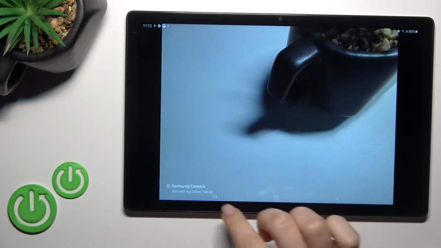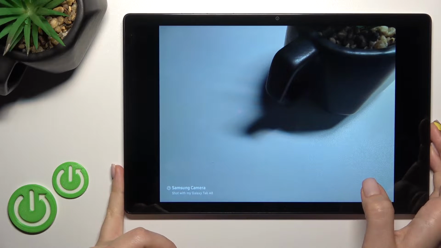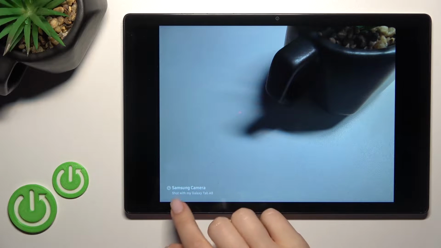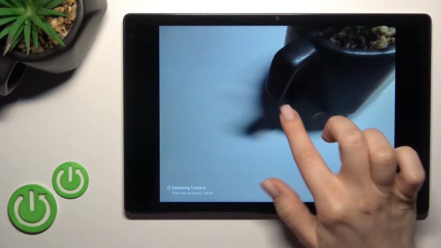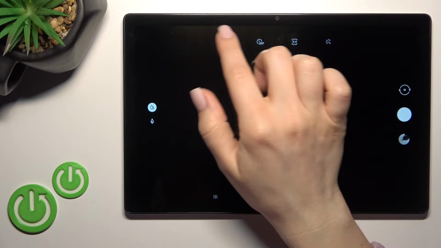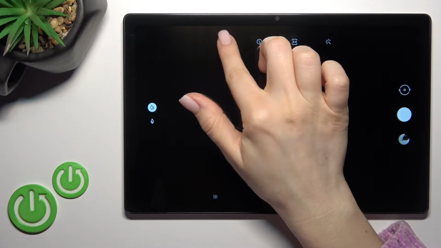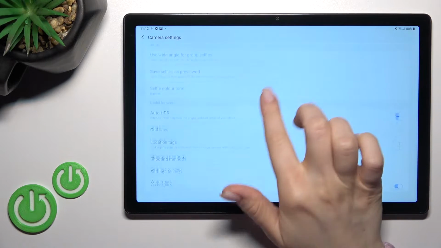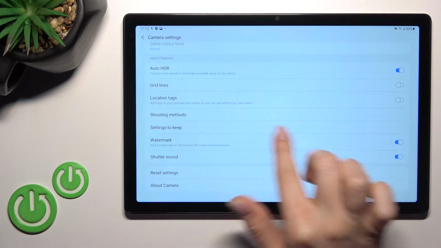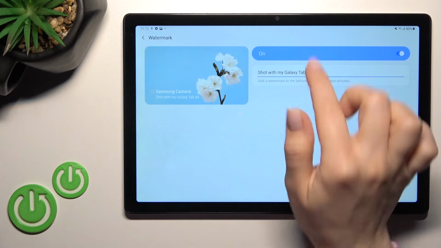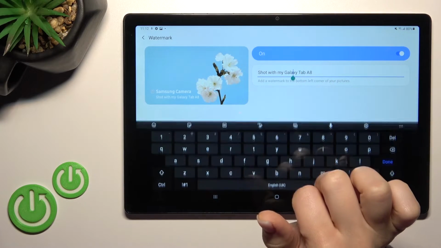You can see that here in the left down corner we got our default watermark, "Shot with my Galaxy Tab A8". Now, just to customize this watermark, we should click here on the settings icon and scroll down here to the watermark section. Click here once, and here we can change